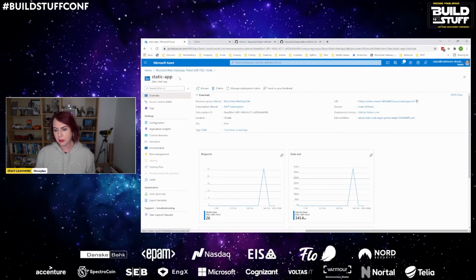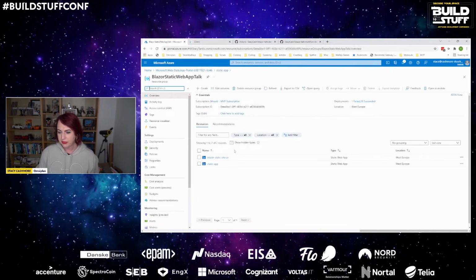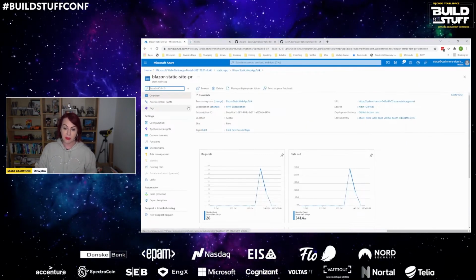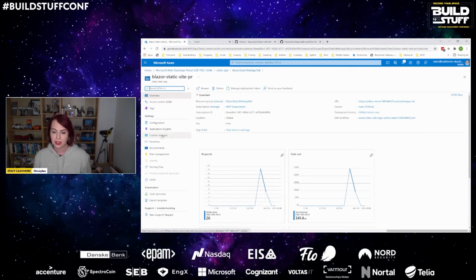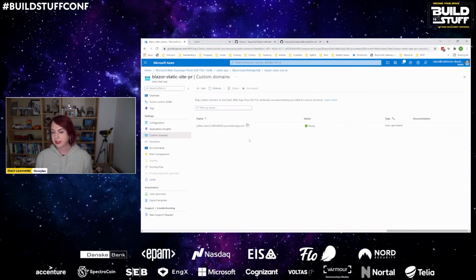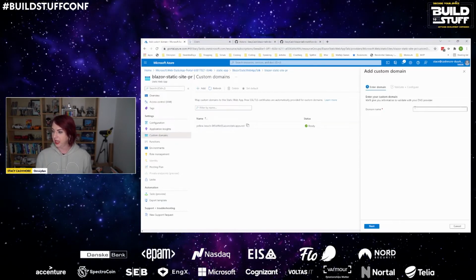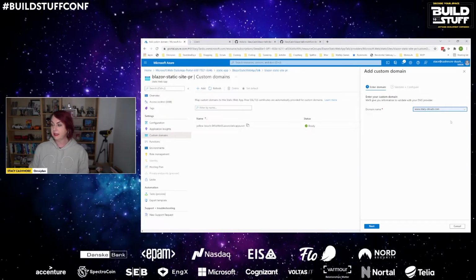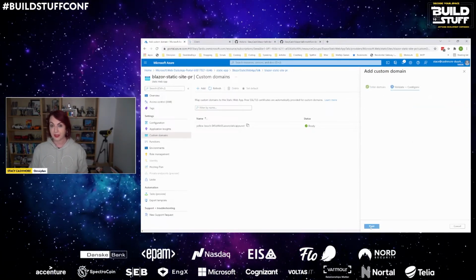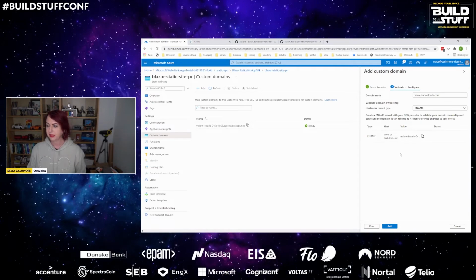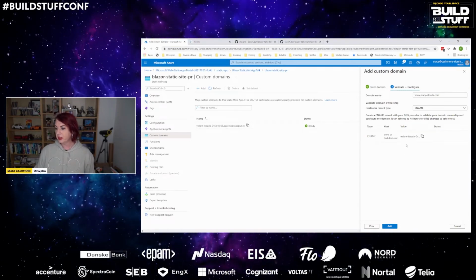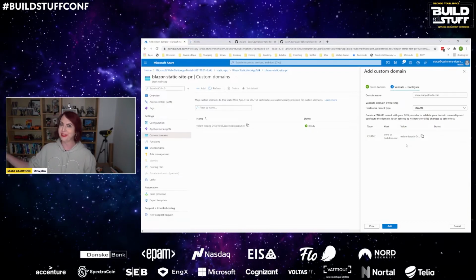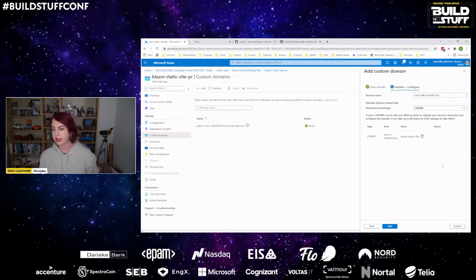Well, in our static web apps, we have the ability to set custom domains. Now, if I come into my pre-built static web app, we can go to the custom domains down the side, and we can add a new domain here. So I'm going to add Stacy-clouds.com, the second of my 3 websites. And if I do this, I'm told that I need to add a CNAME record to the DNS, which I've already done before because I'm not going to do that in the middle of a demo.